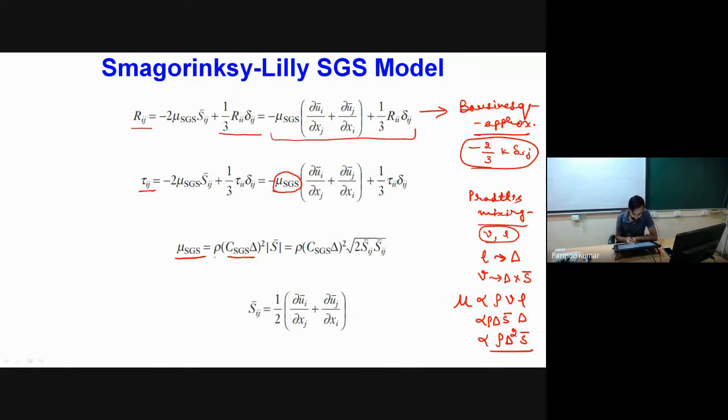Now this I will be getting over here as rho times C SGS delta square, and this S bar over here. So S bar, and moreover mod of S bar, because for the velocity scale I told you that we consider the absolute velocity scale. So we are not considering the sign over here. That's why we have to consider the mod over here, and this mod is represented with the help of the geometric mean of this strain term. And we know the strain is nothing but something like this.